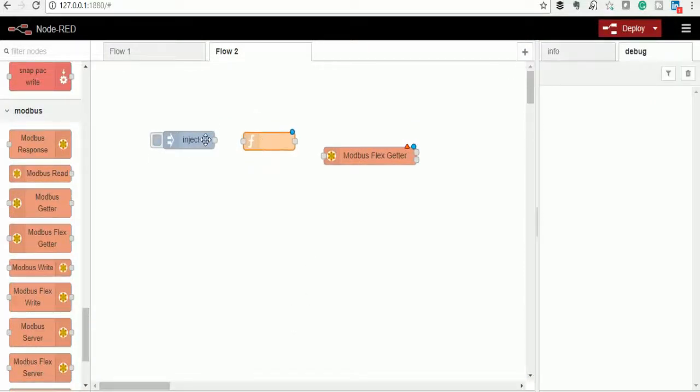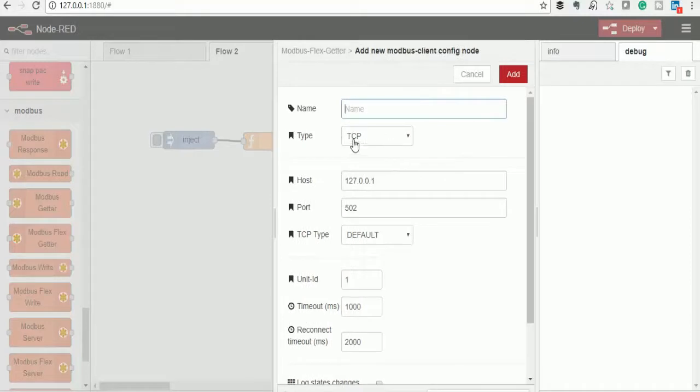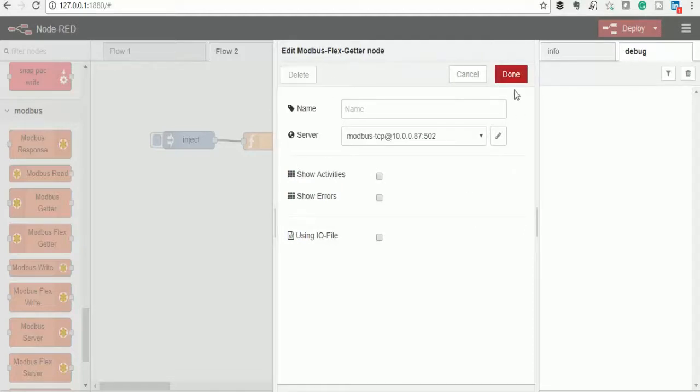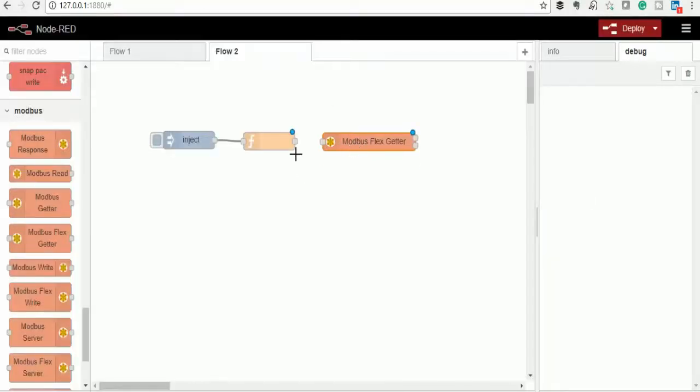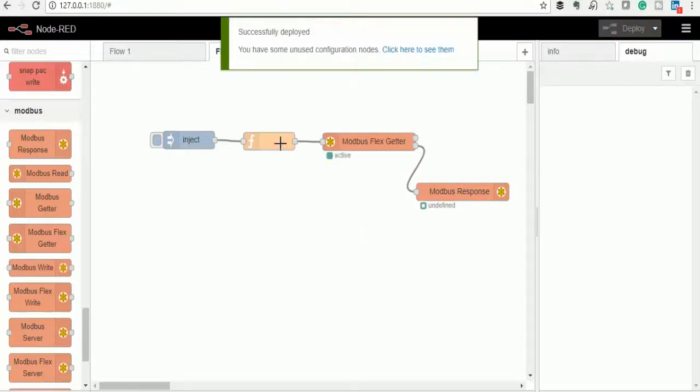And then we can join these two, and then the next step is to configure our Modbus client. So my controller IP address is 10.0.0.87, and the Modbus port number is 502, right? And then I'll connect these two, and then we'll also need the Modbus response to debug our solution, right? And then we can deploy,